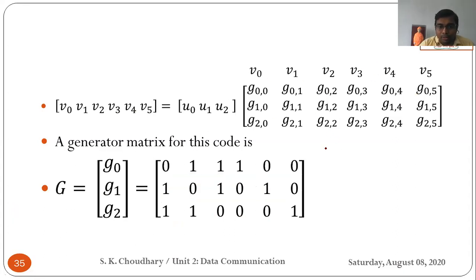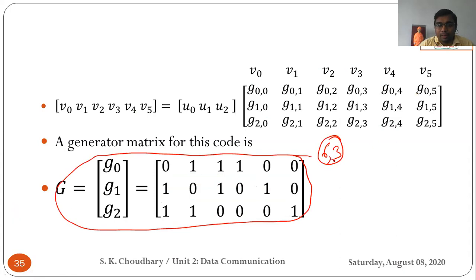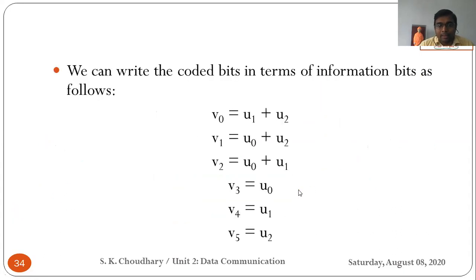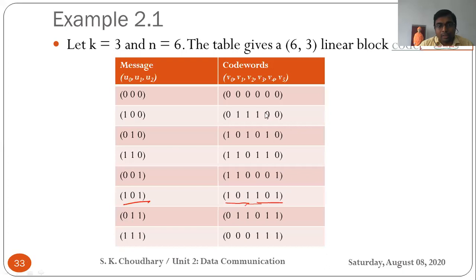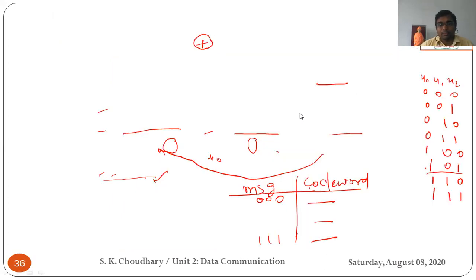In the examination, we generally ask you to generate all code words of a linear block code in the form of 6, 3, and the following is the generator matrix. This value is already given. We know that 3-bit means 000 to 111. You already know the messages, and you have the generator matrix available. Only you have to find out the value of B, and you have to write the table on your own. Either this way a question could be asked, or that way.